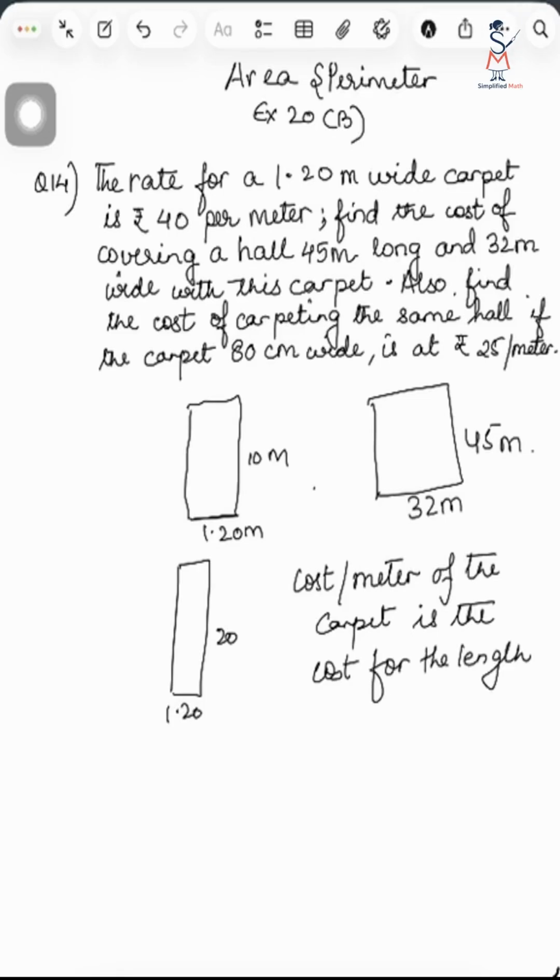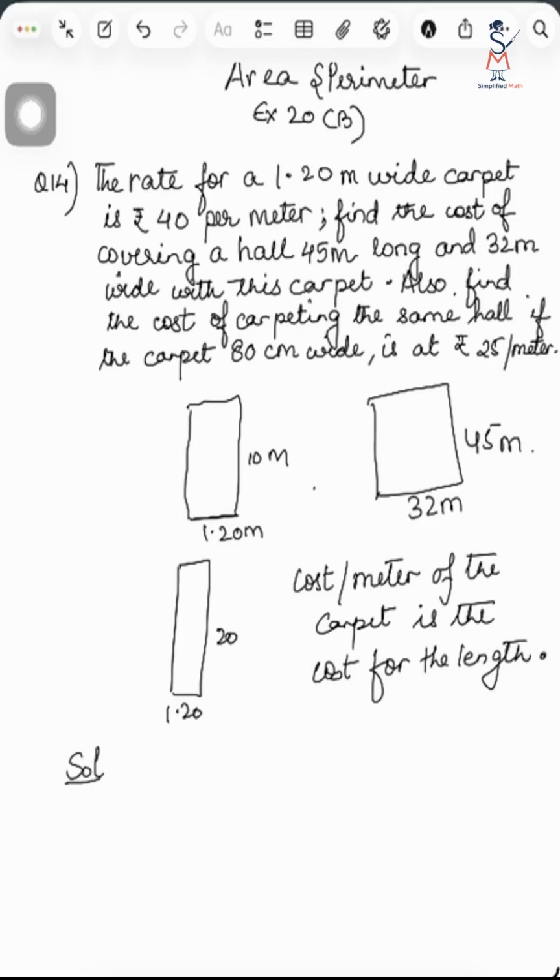This you have to understand: how much length you take. If I take 20 meter, I will be charged accordingly, like 40 per meter. So 1 meter cost is 40 rupees. So if I take 20, it is 20 into 40, because the width of the carpet does not change. The width will remain the same whether you take 20, 30 or 40 meter length. The length will keep on changing, the width will not change. So this you have to keep in mind. Now what is the solution?